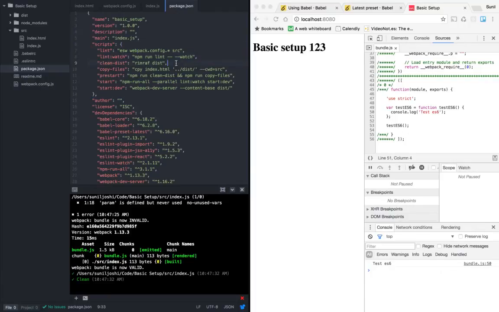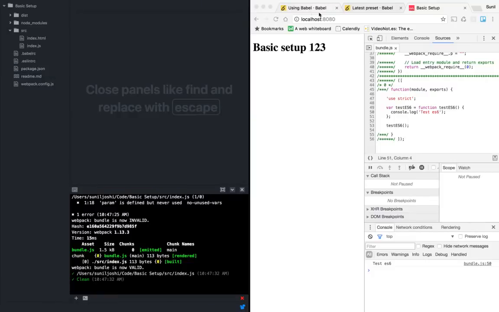You can have any framework on top of this, like Ember or Angular. I'm not sure on Angular whether it goes well with Webpack, but definitely Ember and Vanilla JS and Vue and those things. So any framework can sit on top of this basic setup. That is the reason I wanted to cover this, starting with the empty folder and building on top of it. So yep, just wanted to take a pause and explain that.